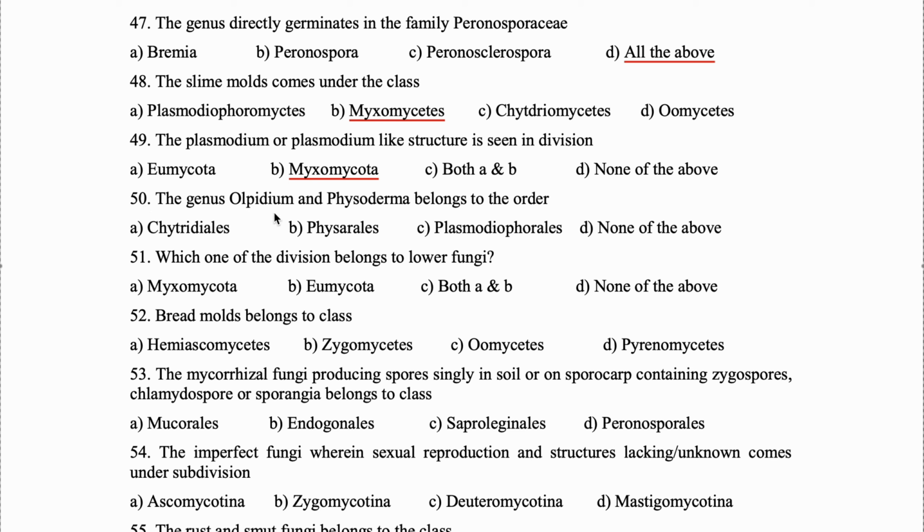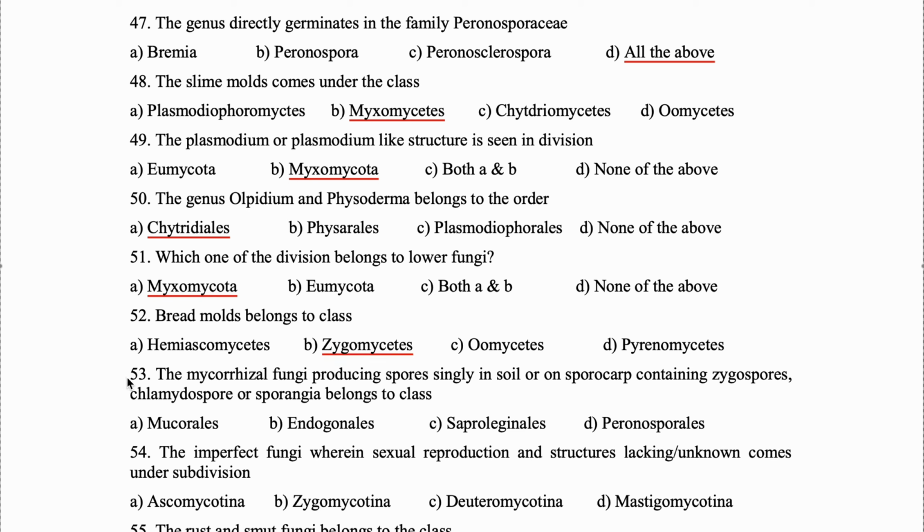The genus Olpidium and Physoderma belongs to the order Chytridiales. 51. Which one of the division belongs to lower fungi? It is Myxomycota. Question 52. Bread molds belong to class